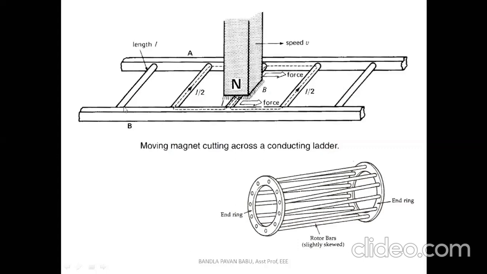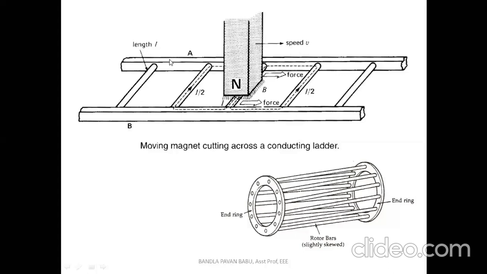So this is a ladder diagram. It appears to be a ladder, but it consists of a series of conductors. All the series of conductors are ended by end rings. Here it is an end ring. It appears as bars, that is A and B. All these extremities are ended by short circuit bars, that is A and B. The rotor conductors have a length of L. Here a rotor conductor is indicated. All these bars are the rotor conductors. It has a length L.